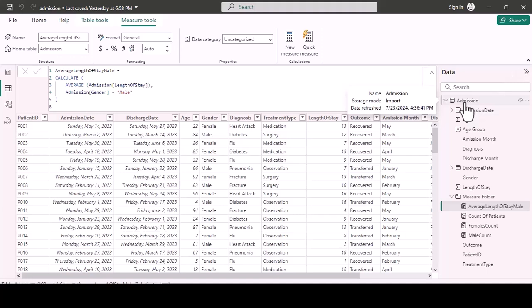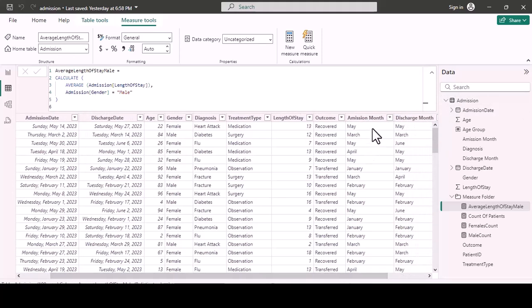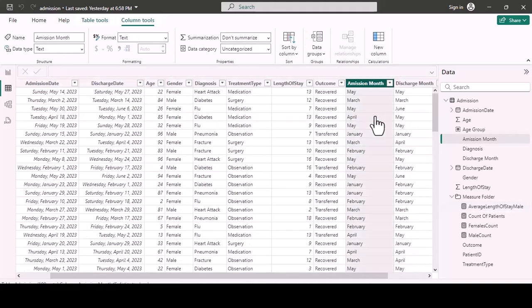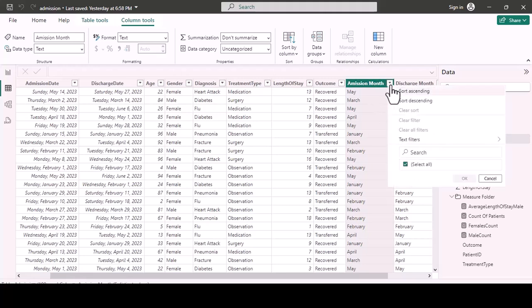You wanted to create a new table from this, or extract some of the data here into a new table, right? Good. Now we have admission month, right? We have this admission month now, and inside this admission month we have various months: April, February, January, March, and May, right? Now we wanted to create a new table that will